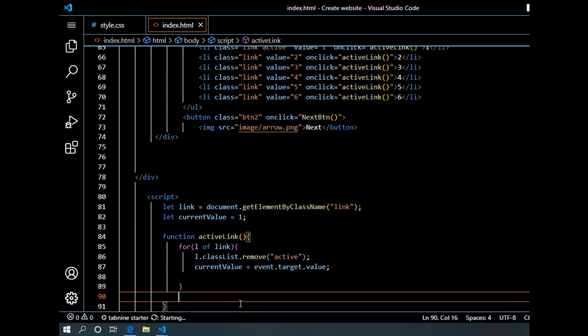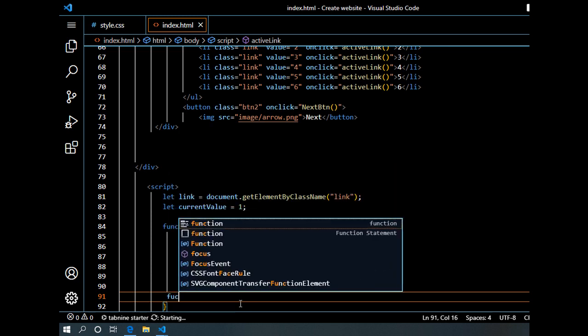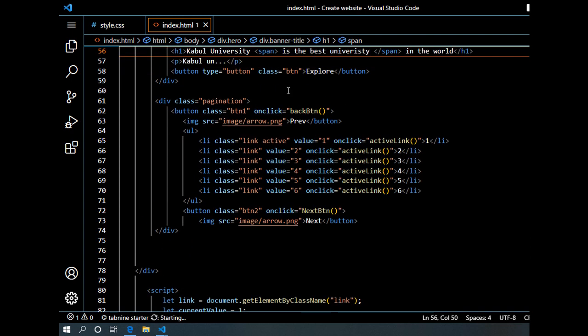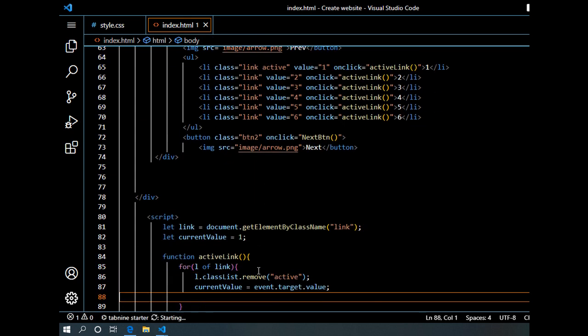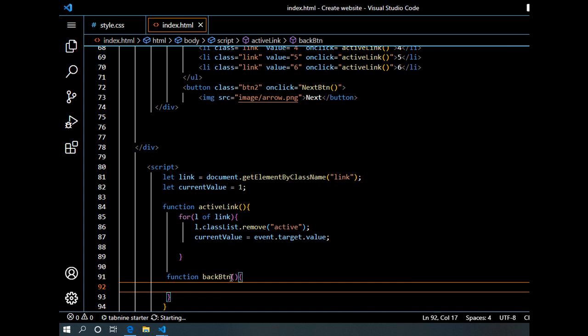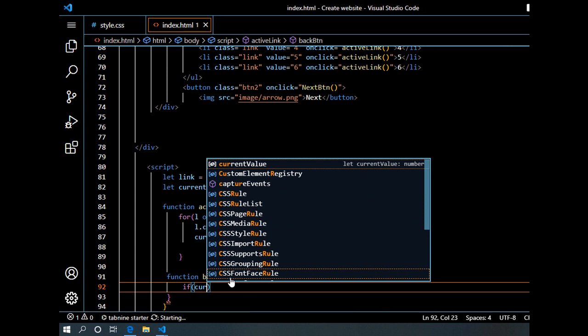So right here under this we can write, for example, function. We have got back btn right here. We have next btn and back btn. You can copy this back btn from here and come back, and we can paste the back btn, open the bracket, and then open the set. If, open the bracket, current value